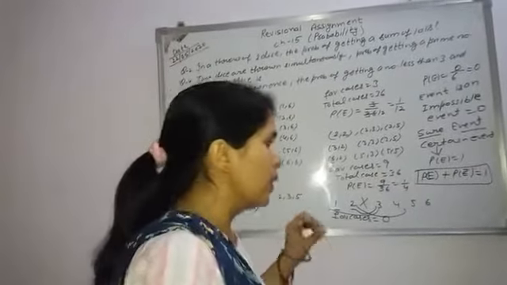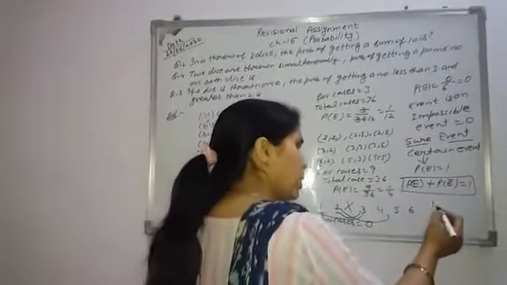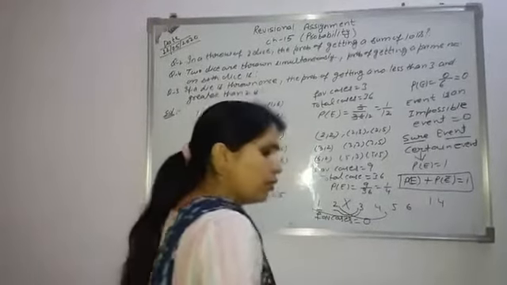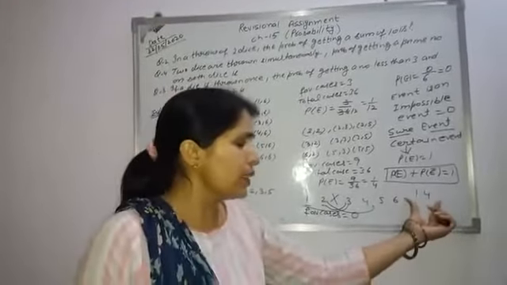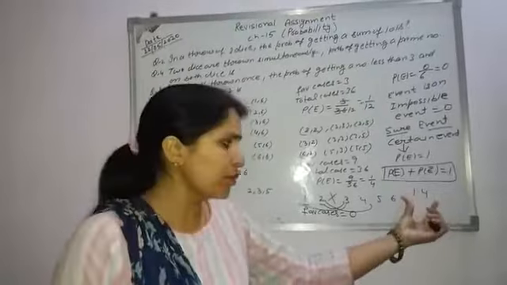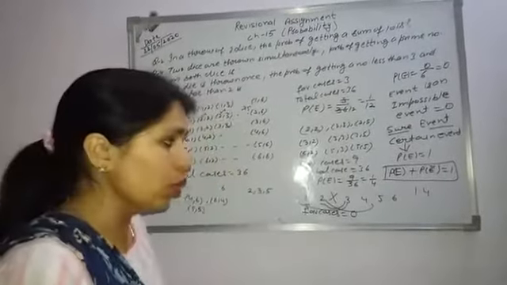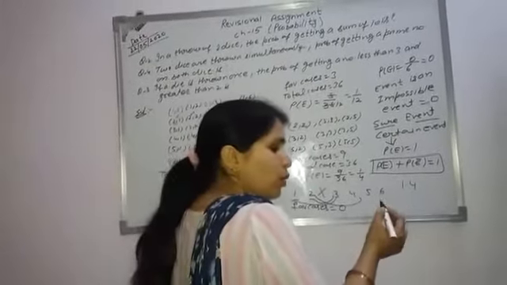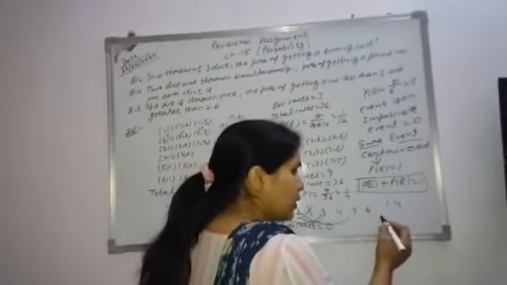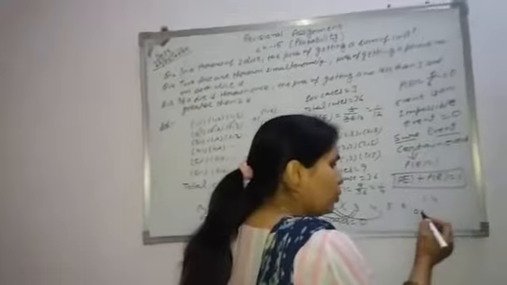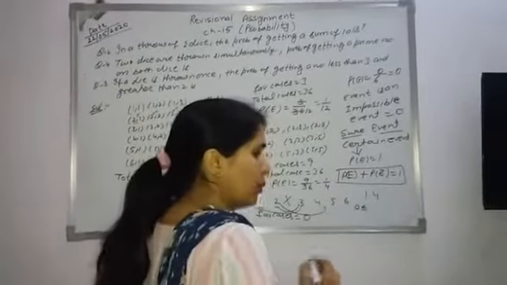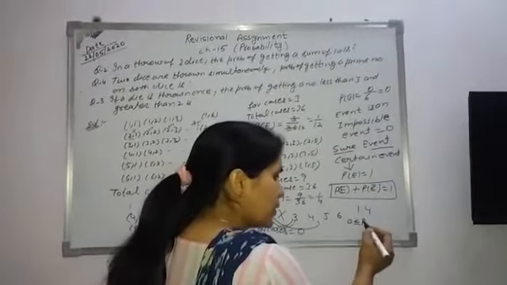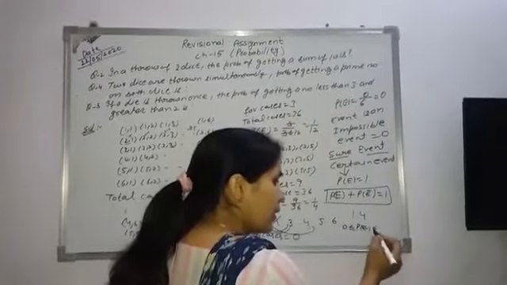Next, suppose the value 1.4 is given to us and they say this is the value of a probability. Is this value possible? No, this value is not possible. Why? Because what is the limit? There is a minimum value and a maximum value for probability: 0 is less than or equal to probability of E, which is less than or equal to 1.